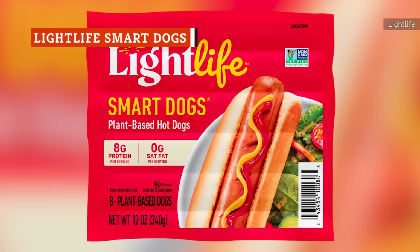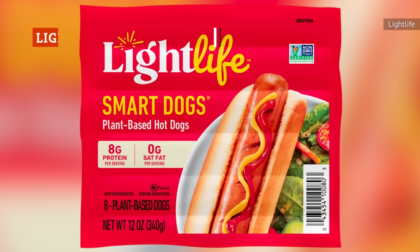Lightlife Smart Dogs are plant-based, which may give the impression that they're much healthier than traditional hot dogs, but that